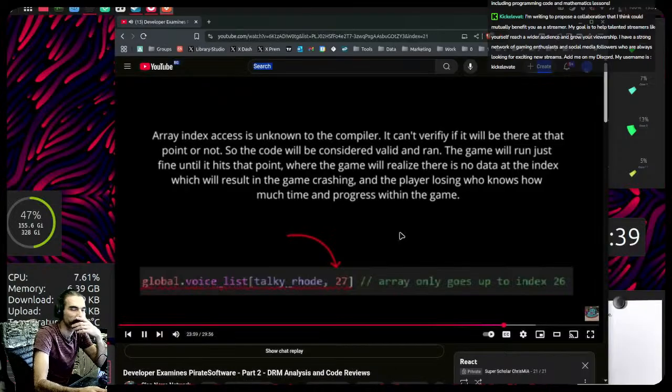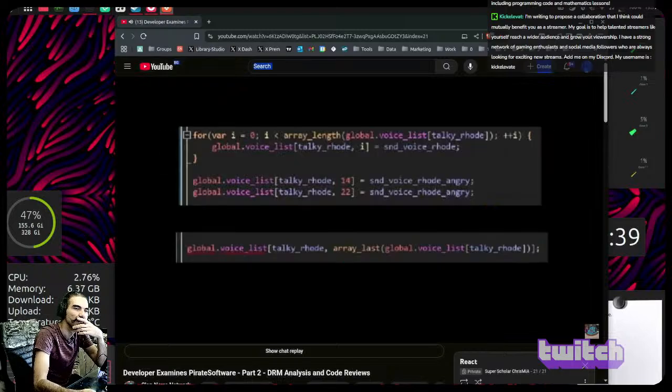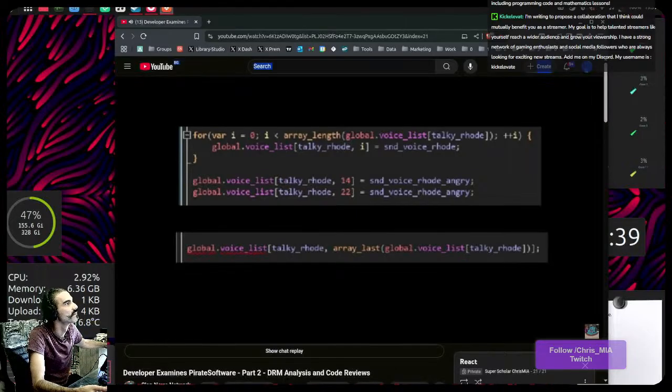Once it hits the invalid index, the program will crash, since only at that point in time will it know the array index is invalid and there's no data there to access. Using our approach and the array functions, we can guarantee the full length of the array is accounted for and has values. We could also use the array last function for the last valid index of an array. This doesn't guarantee the right character voice or expression will be used, but I still think it's preferable to have the wrong voice sound activated while the game is playing instead of having the game crash and the player losing who knows how much time or progress. Again, for loops and default initialization are very beginner level concepts and near universal in all programming languages.